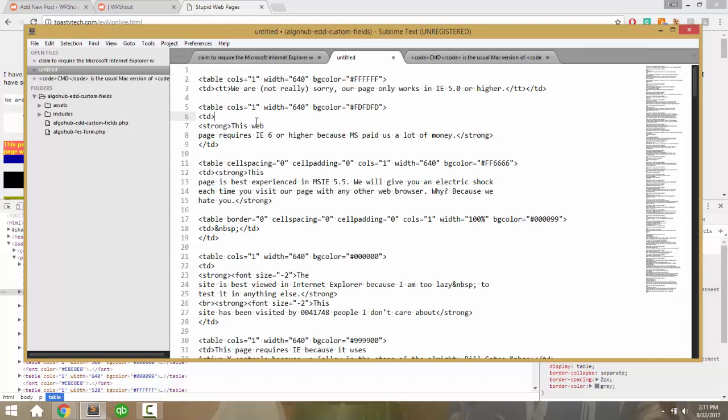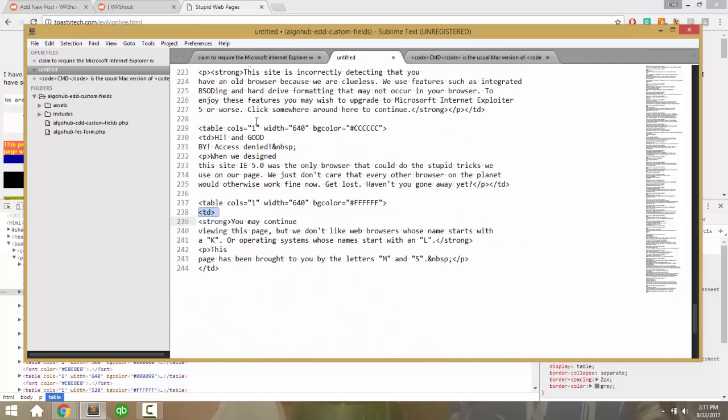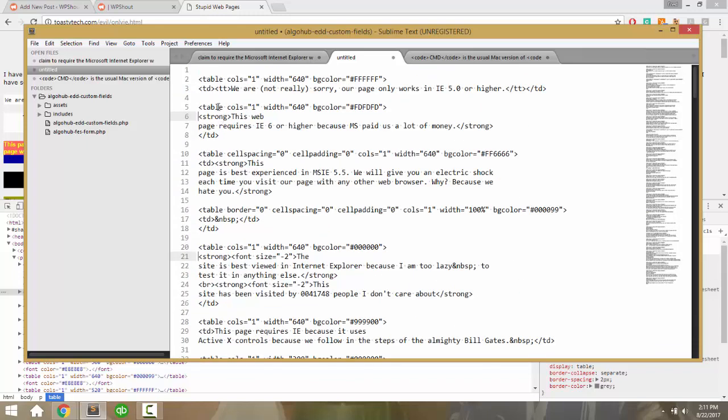Well, we definitely don't want these TDs anymore, but some of them have a break before them and some of them don't, so that's weird. So maybe what I can do is look for an opening TD with a space after it, and that should catch all the ones that have a break, but it'll leave the ones that don't have a break alone. So there's that. Now if I delete that, that gets rid of all the opening TD tags that had a break space after it. And then now if I do TD with nothing,